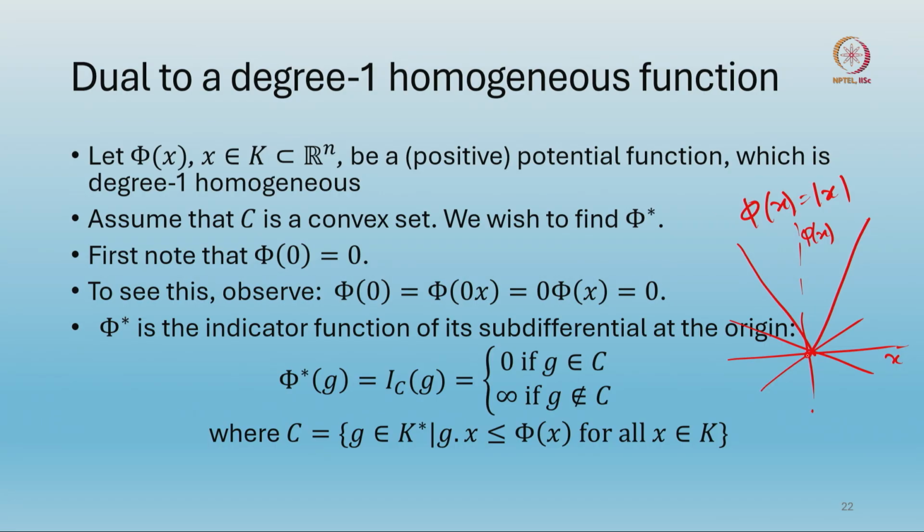You understand how this non-uniqueness of the subdifferential at x equal to 0 plays a very important role in defining the zone of admissible stresses or the elastic region. This is how basically the elastic region comes, through the notion of subdifferential. Okay? So basically we will see more clearly that